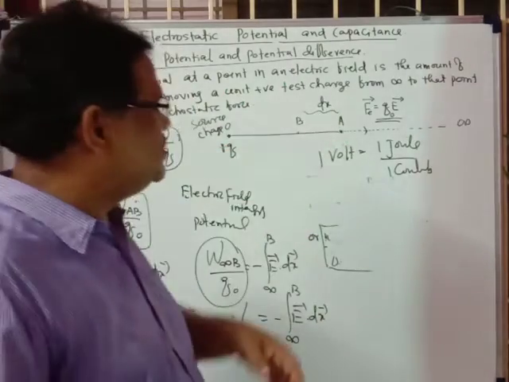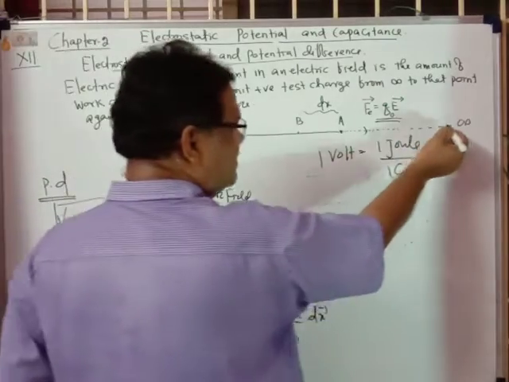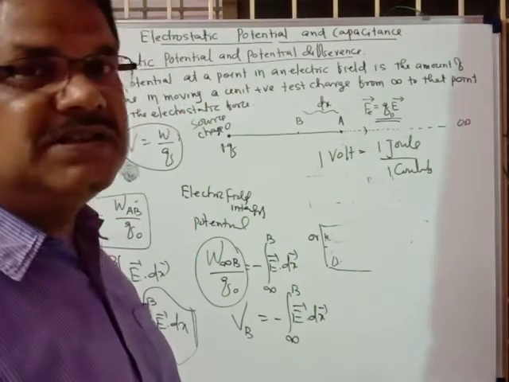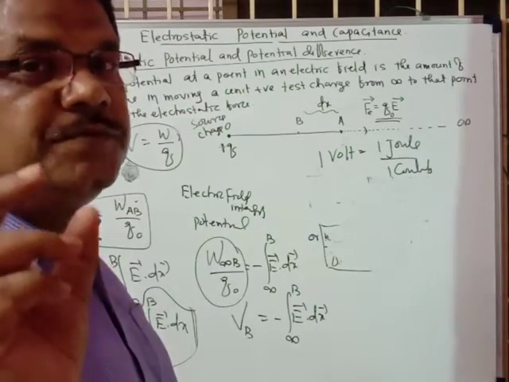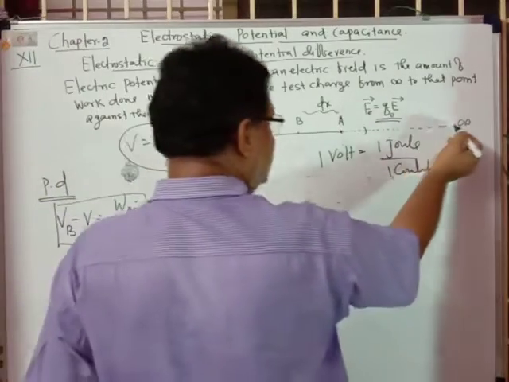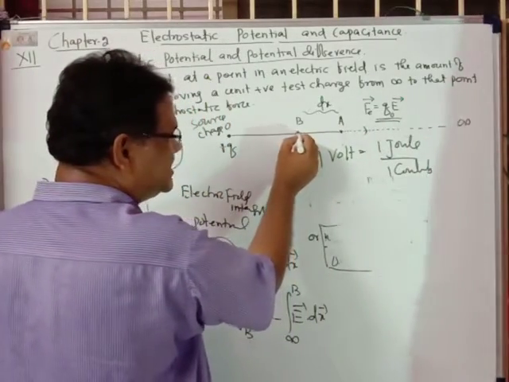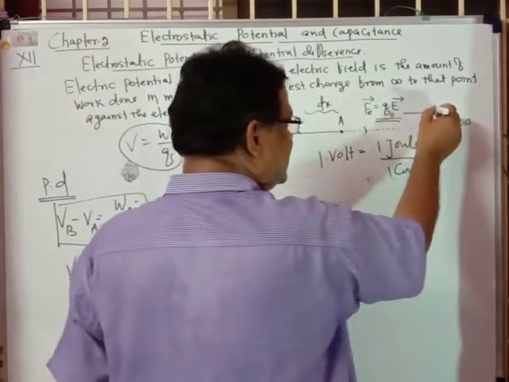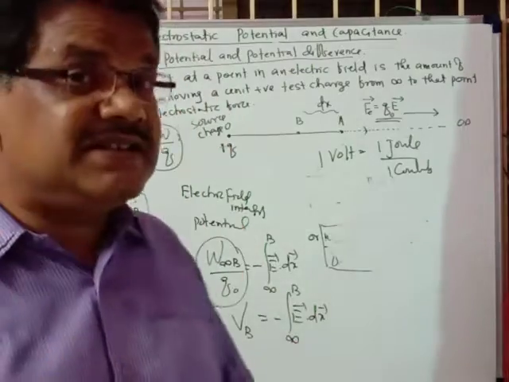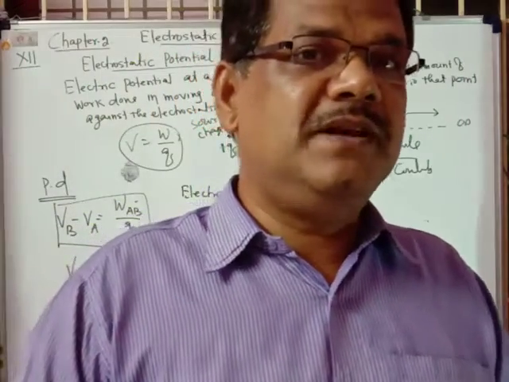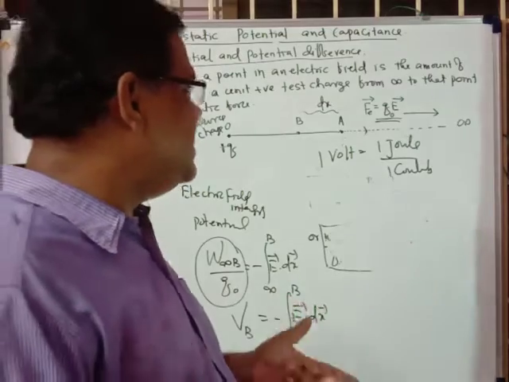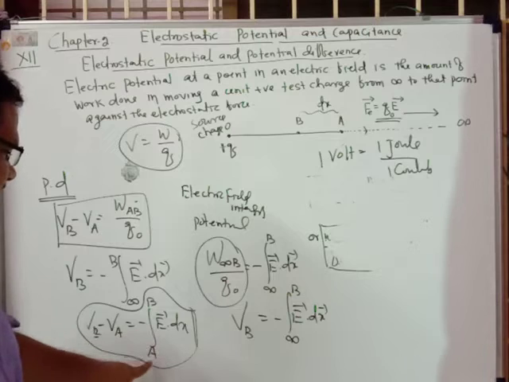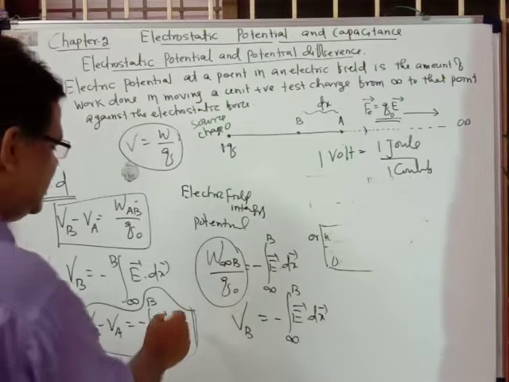From the above diagram, if you bring the charge from infinity, somebody may ask why from infinity. Because at infinity the electric field is considered to be 0. From here to here, if you bring it, at B the potential will be more and at A the potential will be less, but the electric field is directed in this direction. One CBSE question always asks how the electric field and potential difference are related. So VB minus VA equals minus the integral from A to B of E dot dx. In that manner they are related.